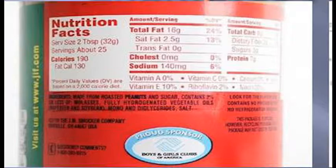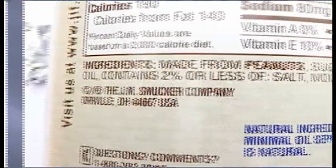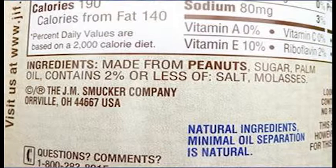Let's look at a slightly healthier option. This is Jif's natural peanut butter. Made from peanuts, sugar, palm oil, contains 2% or less of salt and molasses. Not the greatest, because there's still this stuff here at the end, but it's a very small amount, and it's 100 times better than this. Same amount of protein, same amount of calories from fat,